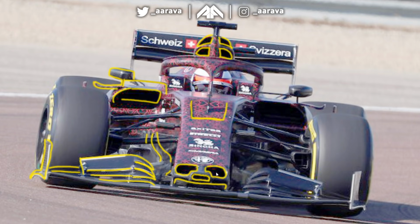Sauber did have two nostrils on their nose last year, but they kind of merged it to look more like a McLaren style configuration there, with the three holes either being involved in passing through air and squirting air through to underneath the nose cone itself, or through the nose itself, perhaps through the S duct, because the S duct is absolutely massive for the Alfa Romeo team this year. It's huge. I mean, literally, it's sectioned off, and it's pretty much the entirety of that face. So I don't know if there's another inlet on the side. There perhaps is, but I'm guessing, if there's no inlet on the sides, which I can't see,